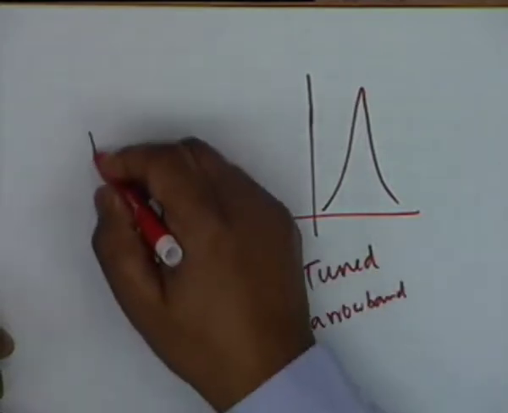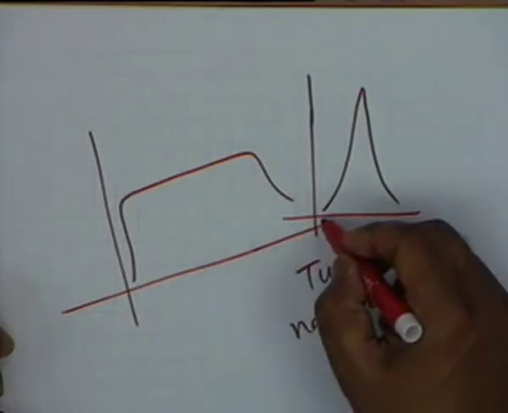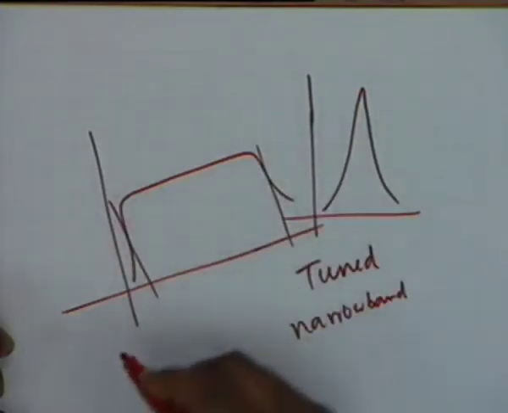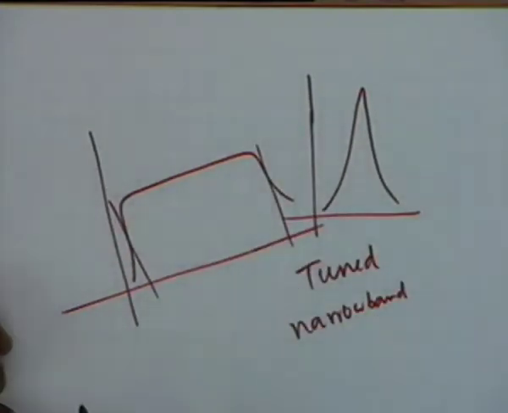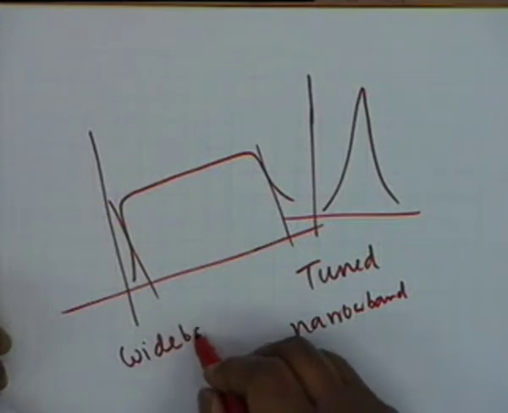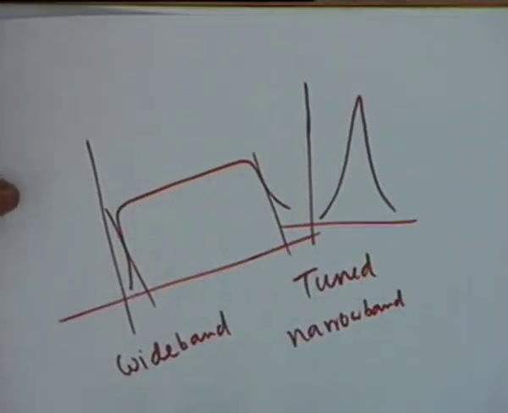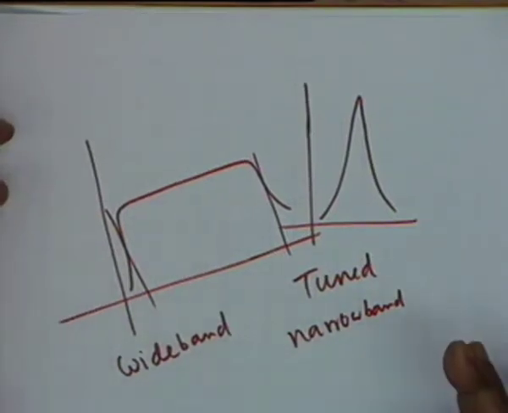On the other hand, if you want an audio amplifier, well, obviously what you need is something like this, where the 3 dB frequencies are 16 Hz and 16 kilohertz, and therefore this is a wide band amplifier. Okay, these are some of the terminologies that we shall be using in future: single stage, multi-stage, audio, video, VLF, and narrow band or wide band amplifiers.